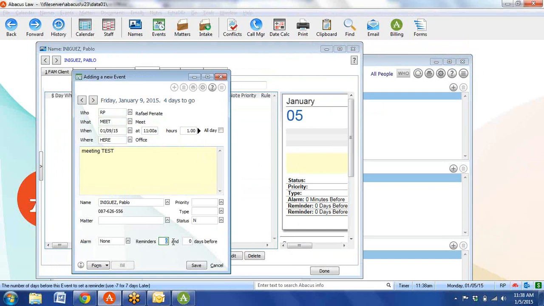If I come down here and I say 4 days and 2 days, that means that 4 days before and 2 days before this date, I want reminders. So if I hit save,